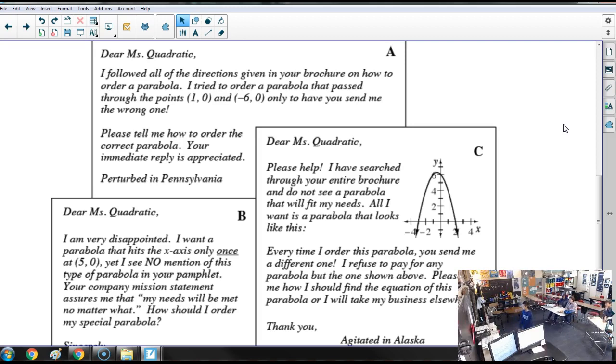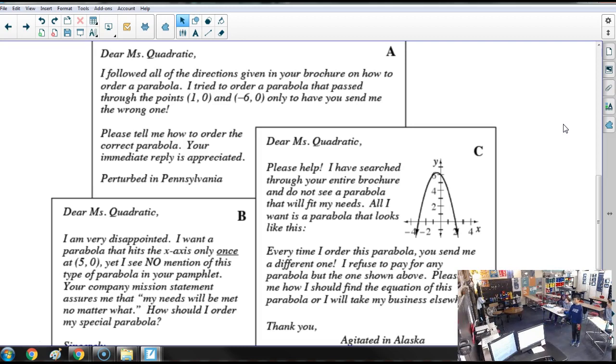Also, do we know what direction the parabola should be opening? No. They need to tell us if it opens up or down, and then give us another point. Tell them that your claim has been denied. Your complaint has been responded to with another complaint. I'm mad about you.